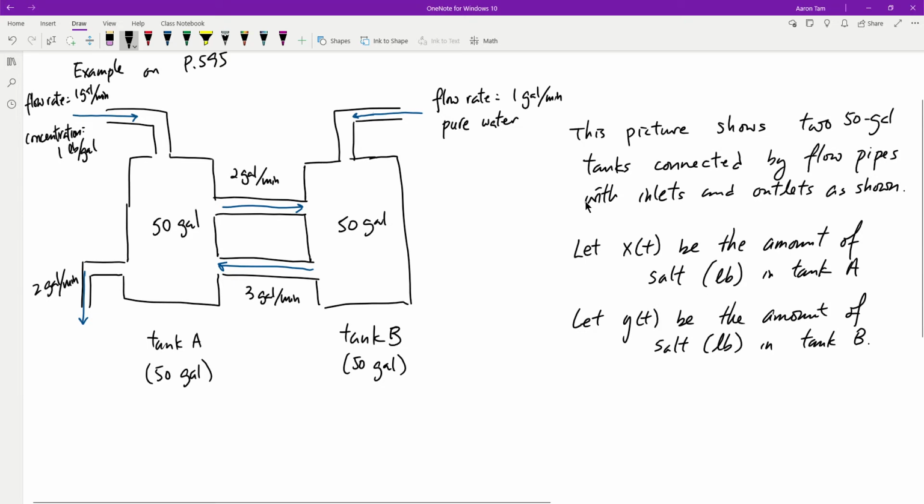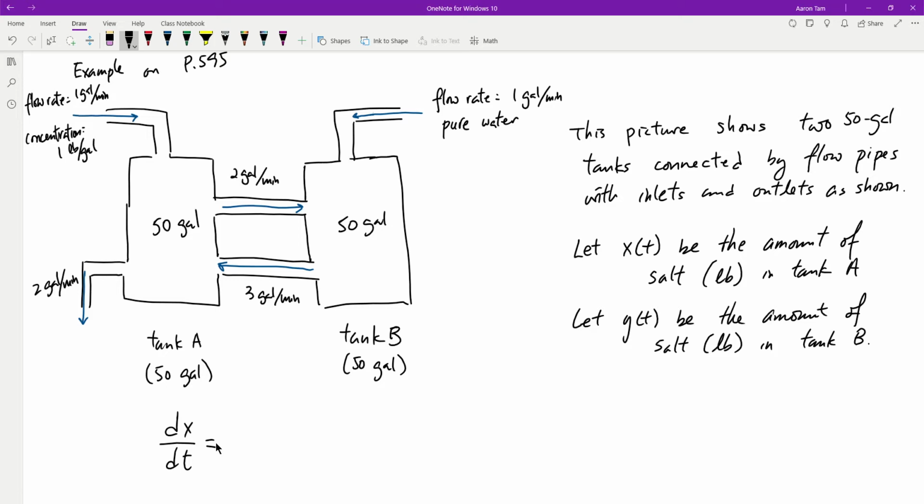Well, the basic premise is exactly the same. The amount of salt changing in each tank is based on how many pounds of salt are going into the tank per minute, and how many pounds of salt are going out of the tank per minute. So let's try to figure this out. Let's start with tank A first. The amount of salt changing in tank A is given by the expression dx over dt, which is the derivative of the amount of salt inside, and therefore it becomes the rate. If you think about it, x is in pounds, t is in minutes, so we have pounds per minute